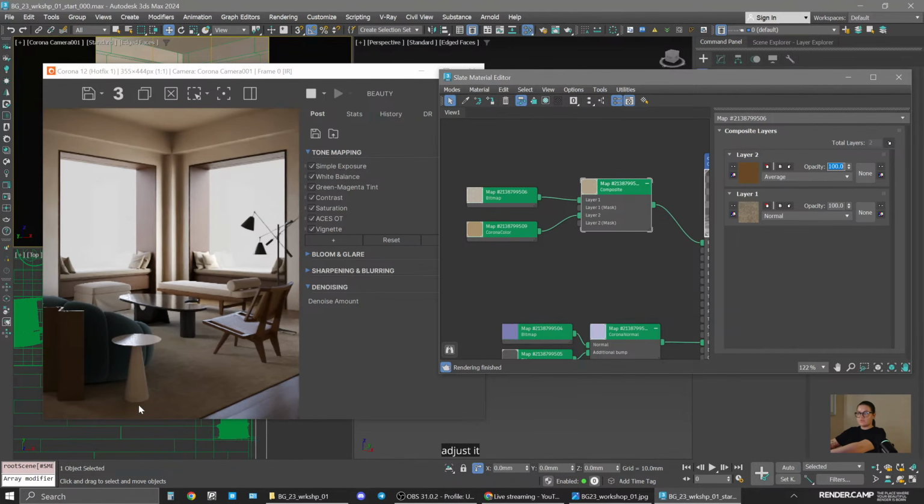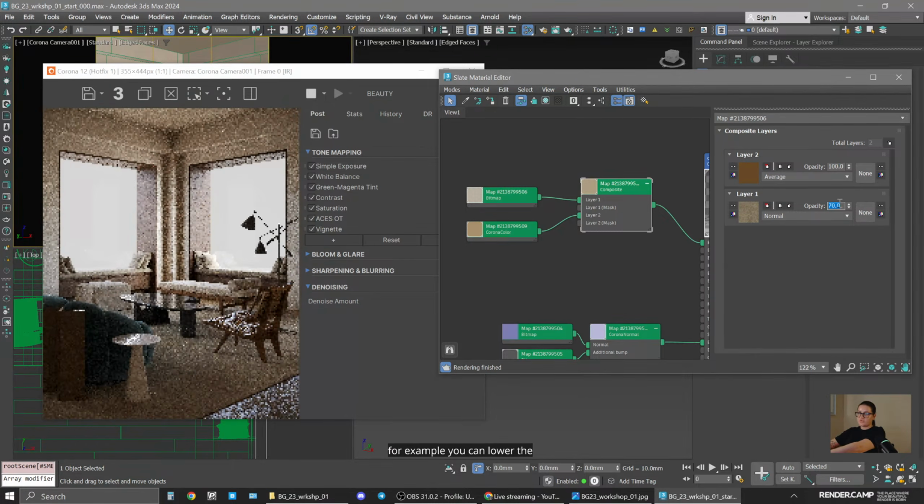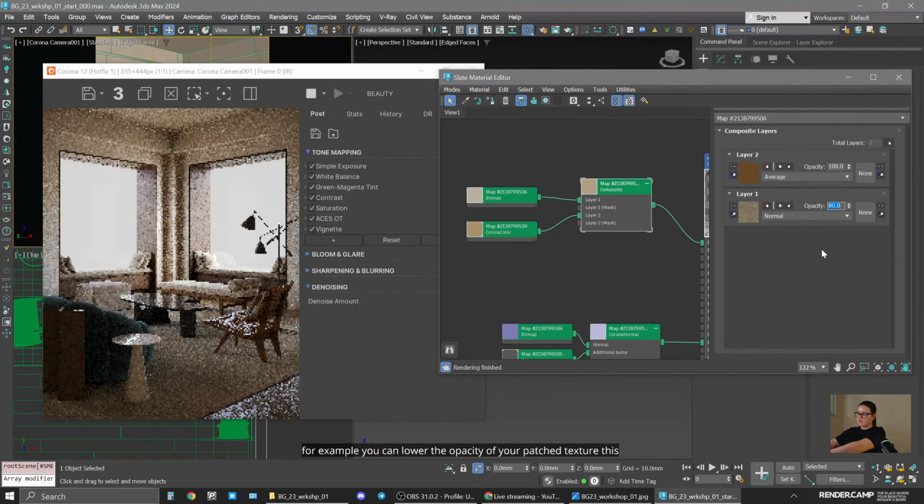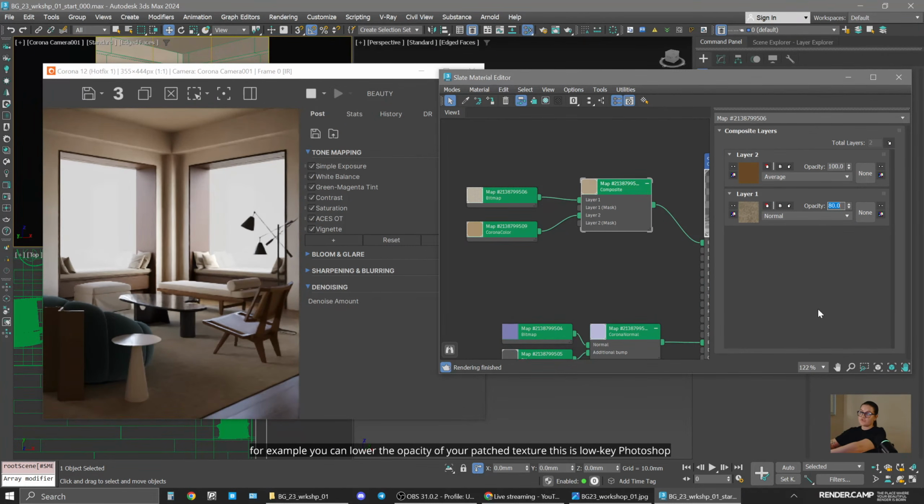What you can also do, if for example you don't like the patches, like it's too dark for you, you can lower the opacity of your patched texture. This is low-key Photoshop, like mini Photoshop. Very handy. I use it on a daily basis, so I recommend it. What I want to do next,